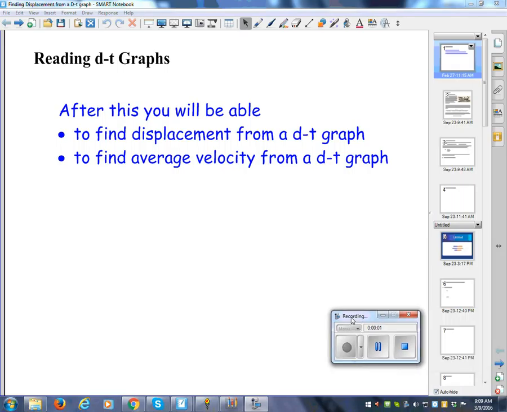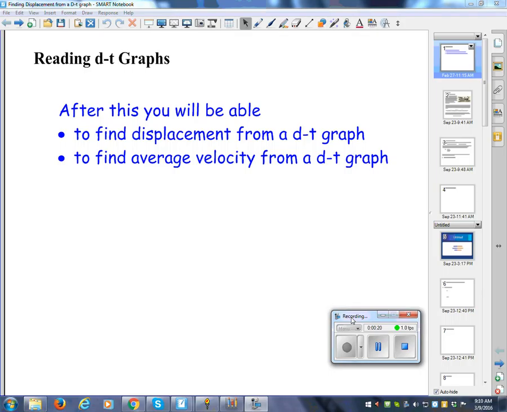Alrighty, so today we're going to be reading DT graphs. When I say DT, I mean displacement time graphs. Sometimes they're called PT, P as in Peter, position time graphs, displacement time graphs, same thing. Okay, so you're going to be able to find displacement from a DT graph and find average velocity from a